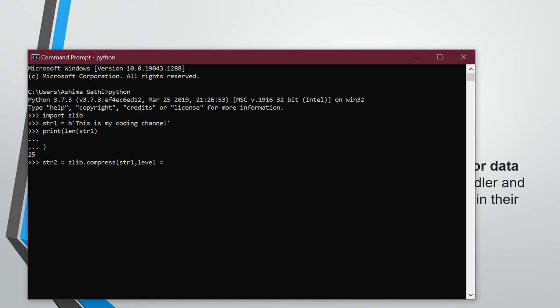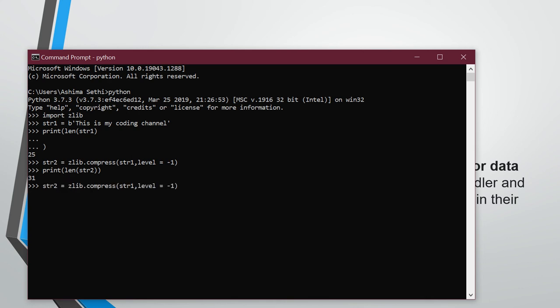But let's suppose I am giving it as -1. Otherwise, if you are not giving it, then also it will take -1 by default. So now if I print the length of str2, this has been compressed successfully.